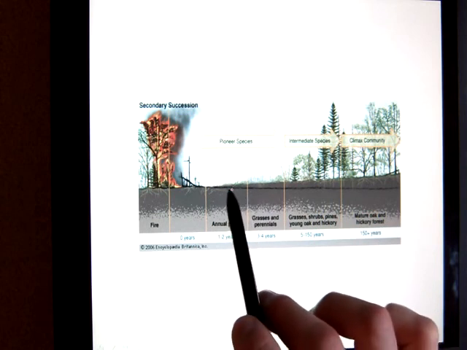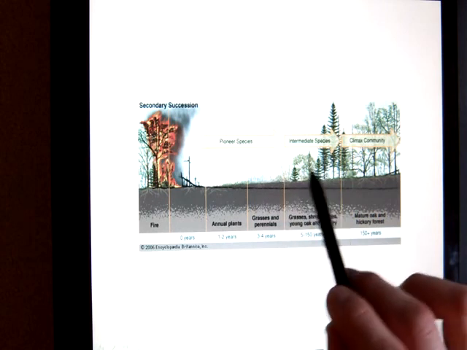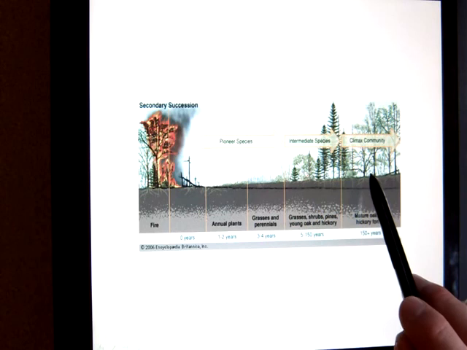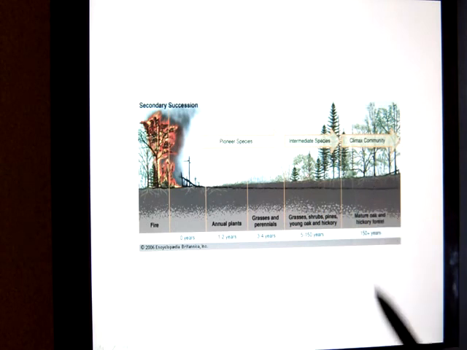And then we're going to get, from the shrubs, a few bushes, and then some intermediate species, and eventually we're going to have that forest again. And the forest is when it's most stable. That's the climax community, which is the community that you see at the end of the successional process. But again, this is secondary succession, and secondary succession is when you did have something living there before, but it is wiped out and we're starting again. Primary succession is when you're starting from scratch. There was nothing there before.